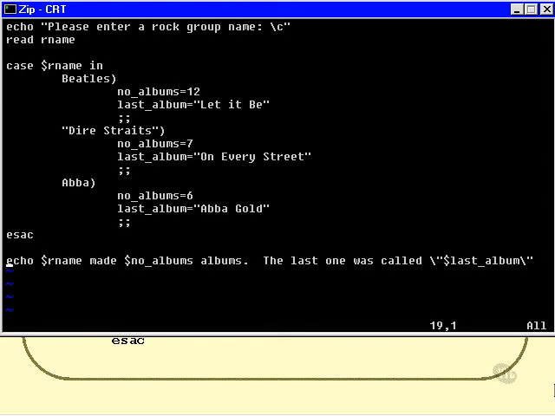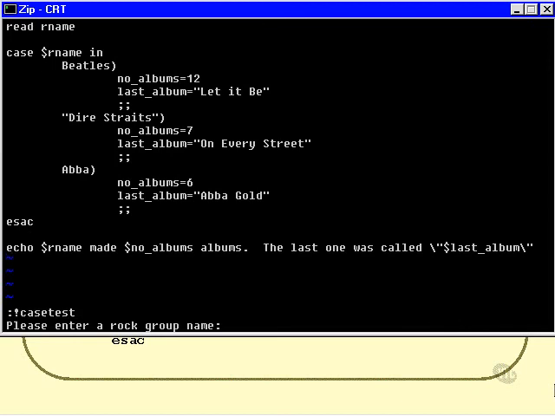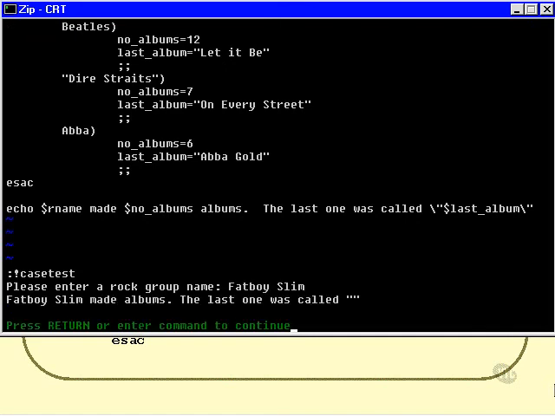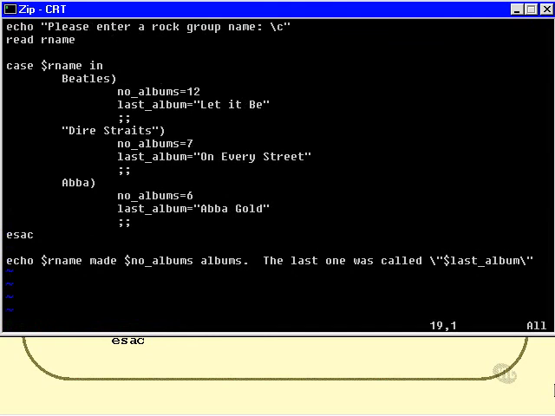Now, what if we ran that again and we entered something that wasn't there, like Fatboy Slim, for example? Fatboy Slim just made albums. Didn't say how many albums. The last one was called, and it doesn't say that either. Okay, so clearly our script doesn't work very well if the user decides to enter a value that we didn't